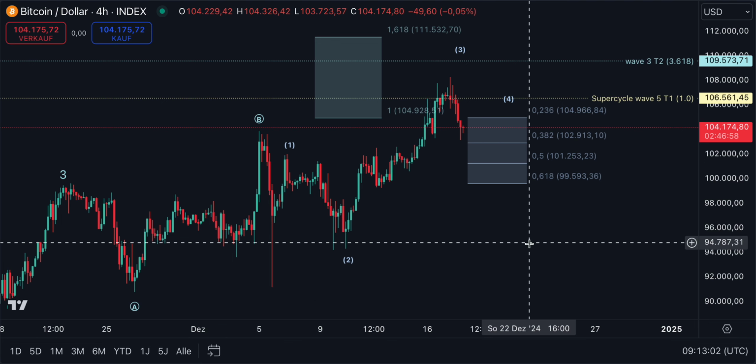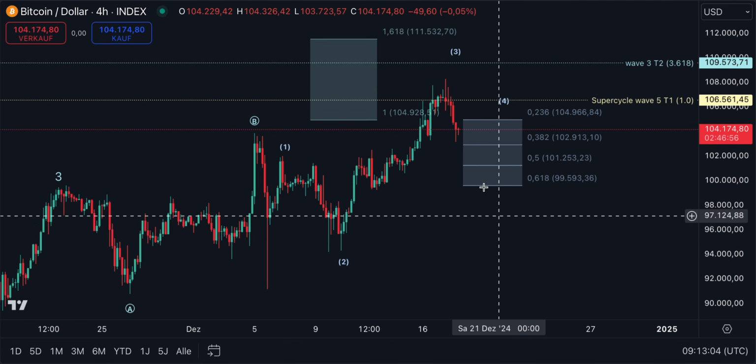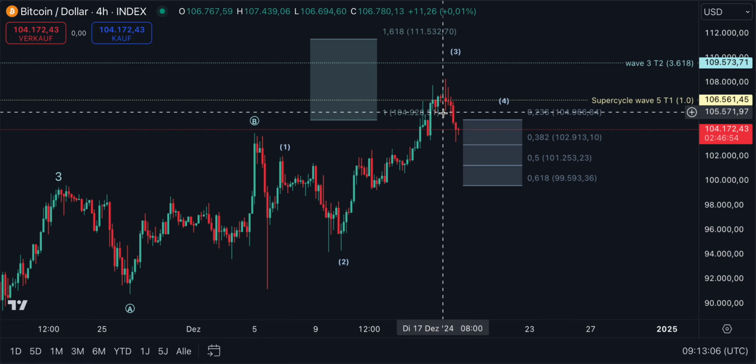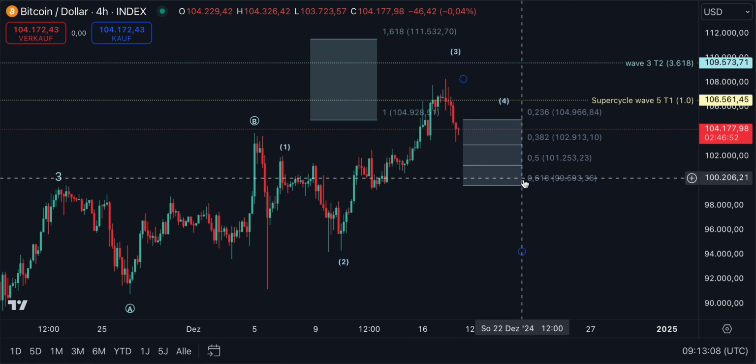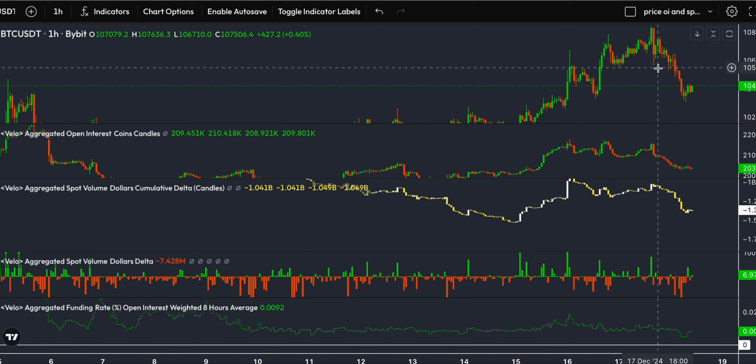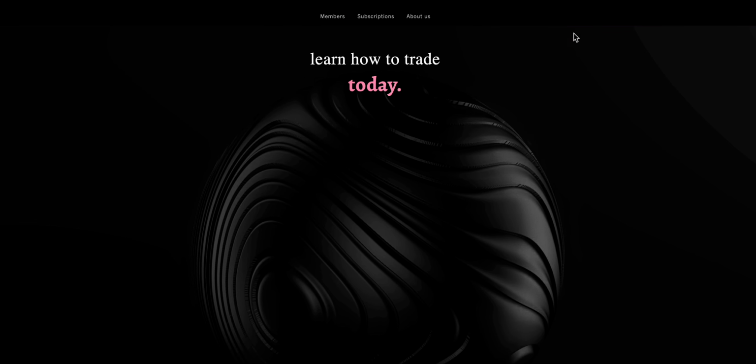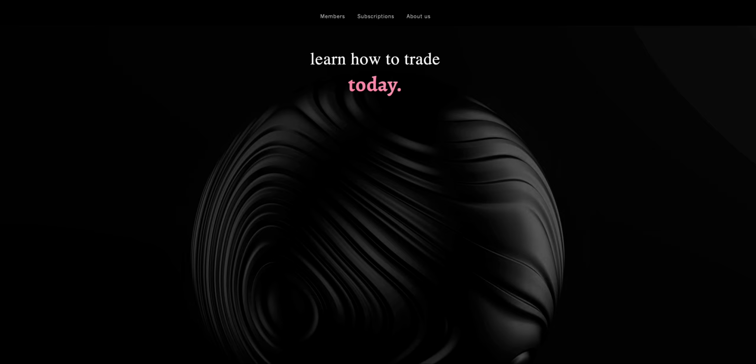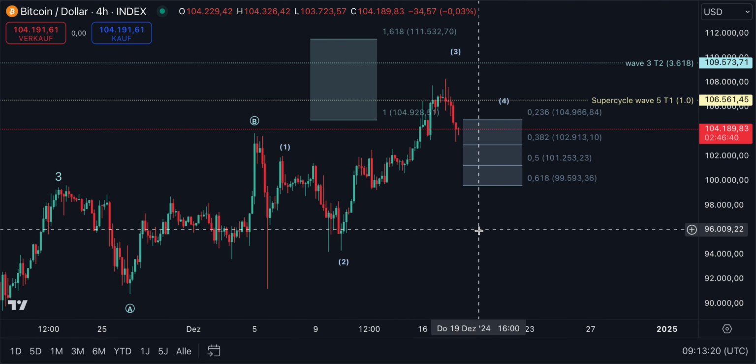Today's video, we will have a look at the two scenarios we have on the chart for what could happen to Bitcoin, whether we will dip now or see another new all-time high. We will also be looking at some data, which we will explain in detail so you can understand everything. With that enough said, let us start right into the structure.